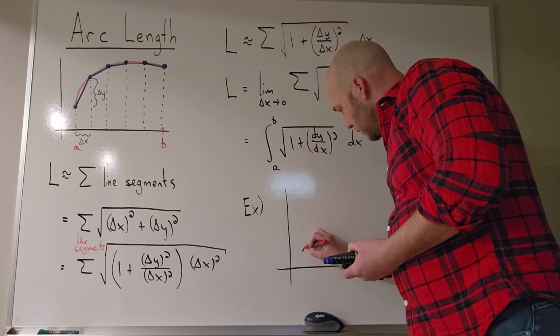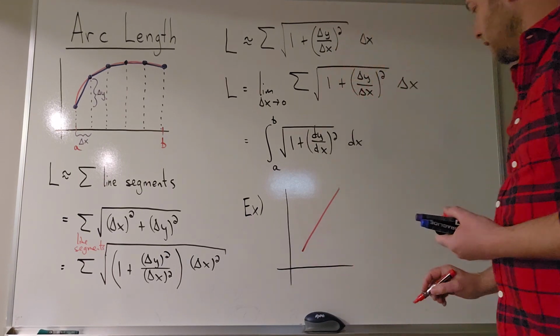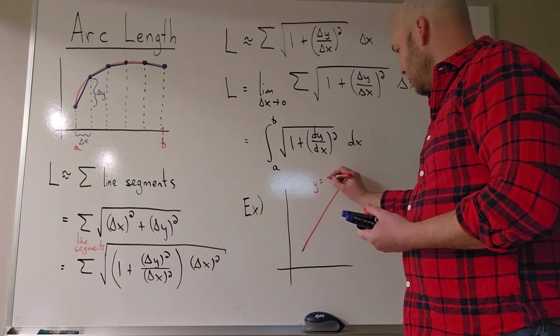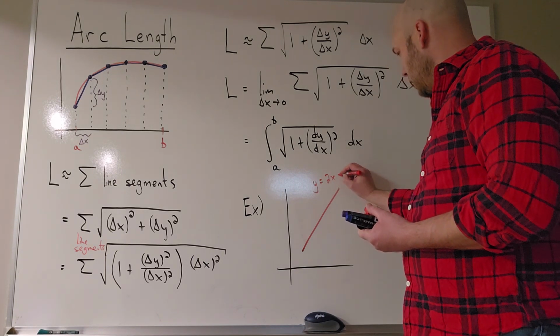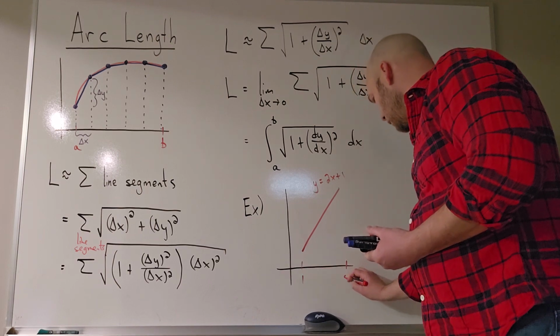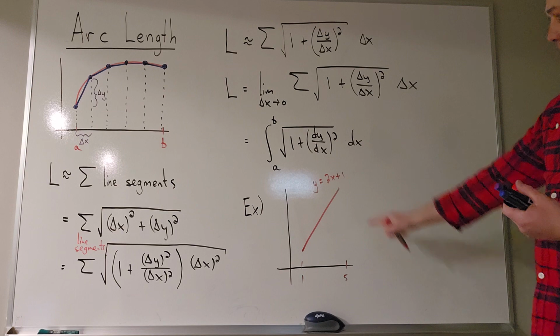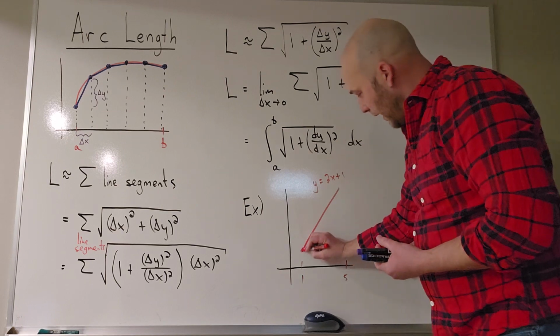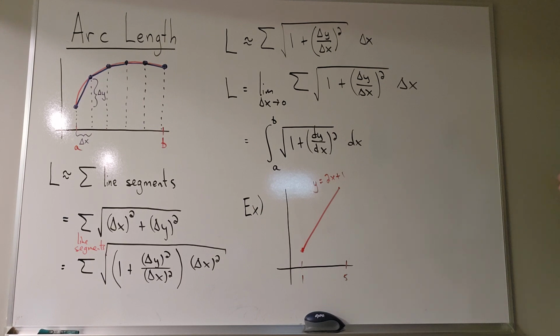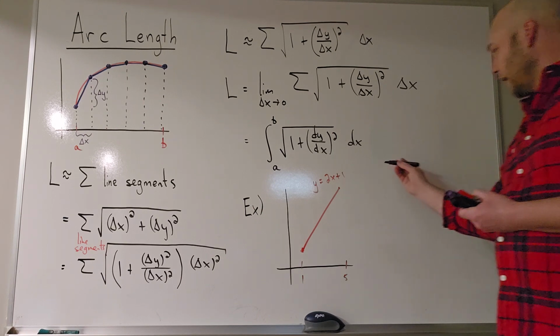Let's say I've got this line right here. And let's say the equation of that line is y equals 2x plus 1, and I'm going to go from 1 to 5. So the line y equals 2x plus 1 on the interval from 1 to 5. Okay. So if I want to compute the length of that,